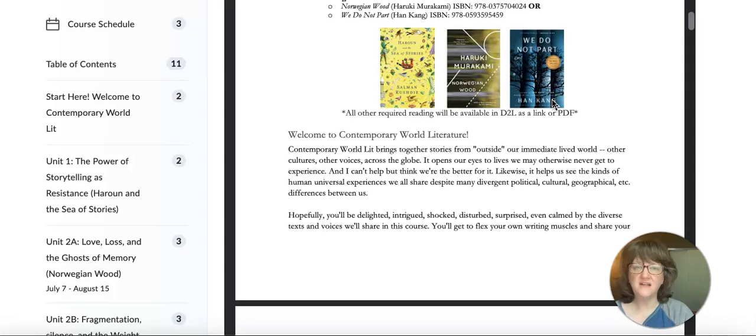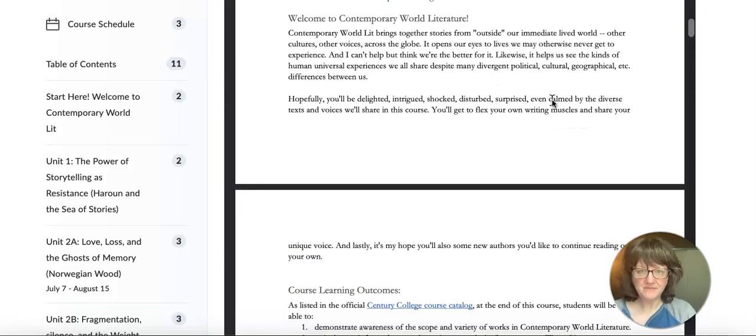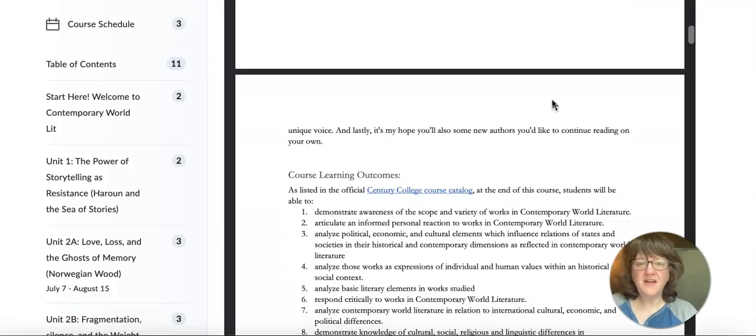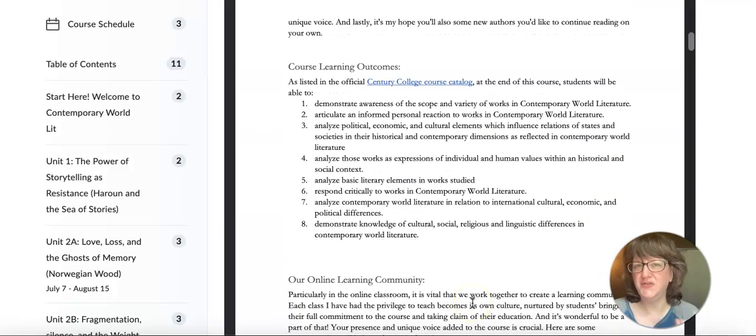All other text outside of these will be provided for free in D2L. There'll be some poems, as you'll see. But you do need to get a hold of Salman Rushdie and one of these other two novels. So, talking a little about contemporary world literature, I'm providing you all this information, which, if you're going to transfer